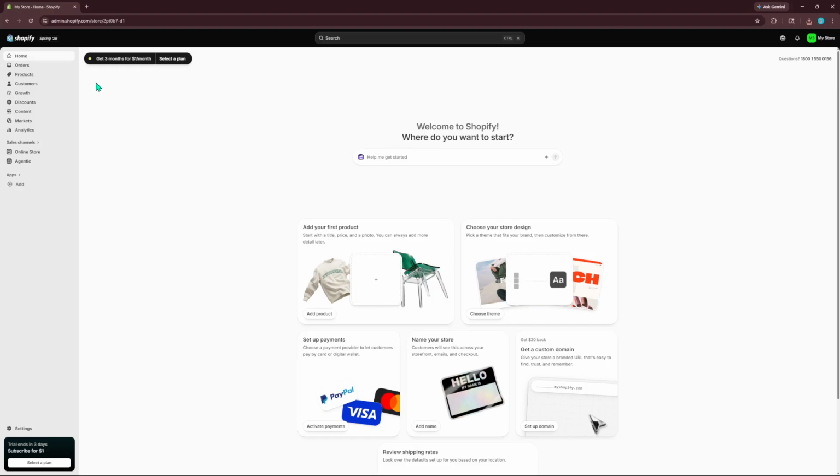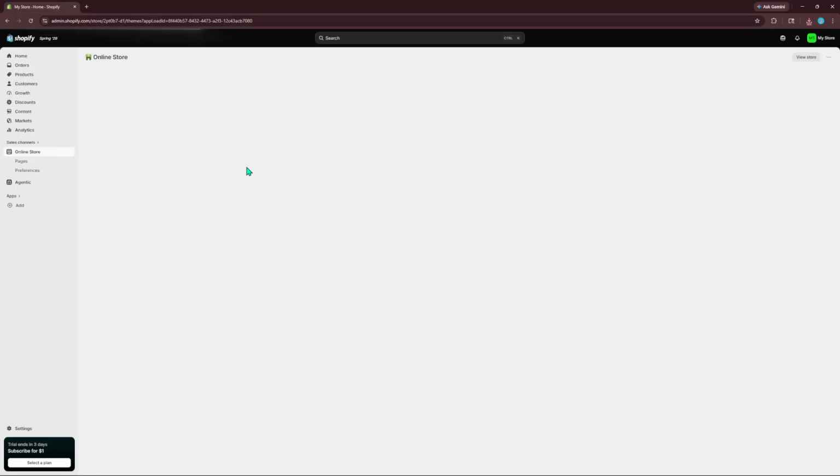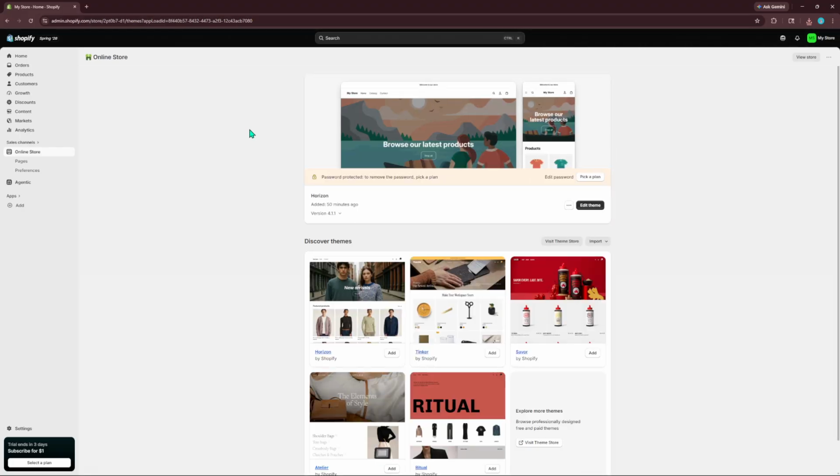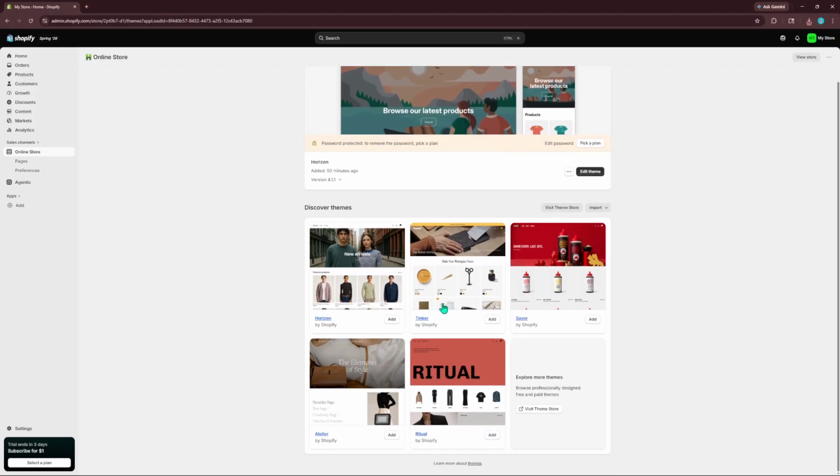It's important to note that creating a minimalist Shopify store does require a paid subscription. While Shopify does offer a free trial, the subscription will unlock all the features and customization options you need to fully realize your minimalist design vision. Investing in a Shopify plan ensures you have access to everything, from professional themes to essential e-commerce tools that will